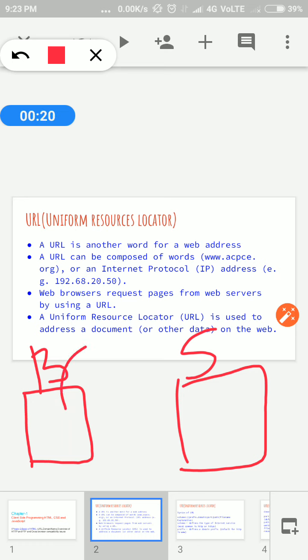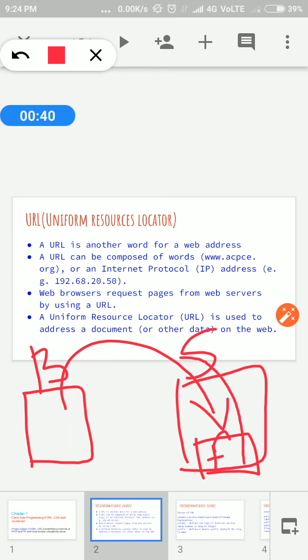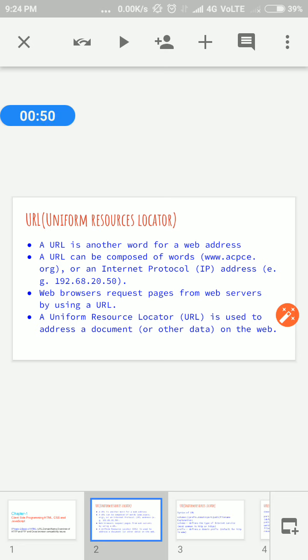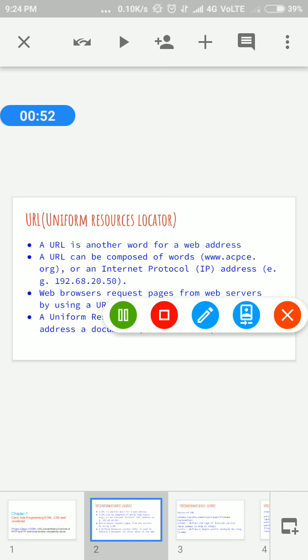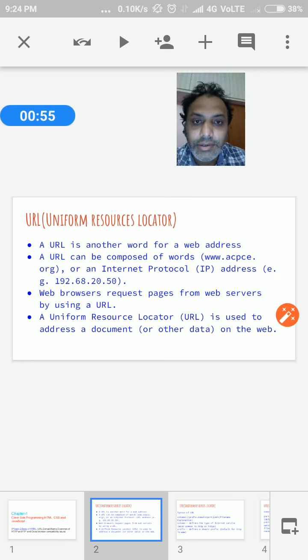Once it sends the request, the server has many pages. It finds what the browser is requesting, finds the page, and gives the respective page back. That is the process we call request and response. So this is the way the URL is used.